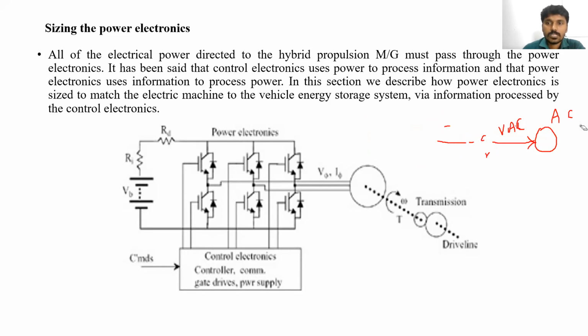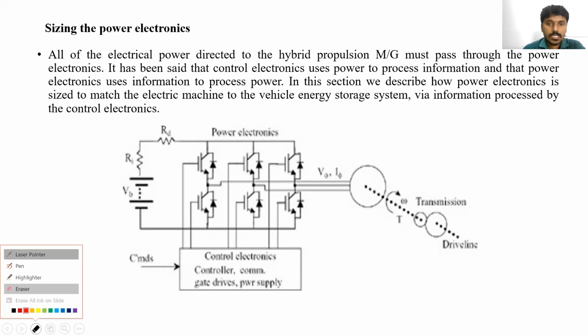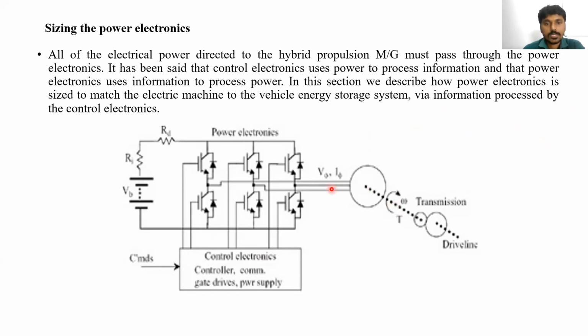So for example, if you take one AC motor, here you can see the block diagram. This AC motor is connected to the battery through the inverter. This is the power electronic converter. The converter may be an inverter, chopper, AC voltage controller, whatever. And how is the power going to be controlled? This is one of the main important points. How is the power to be controlled?